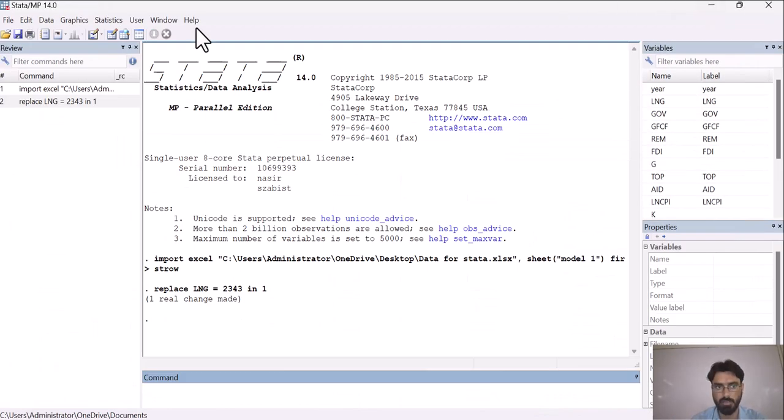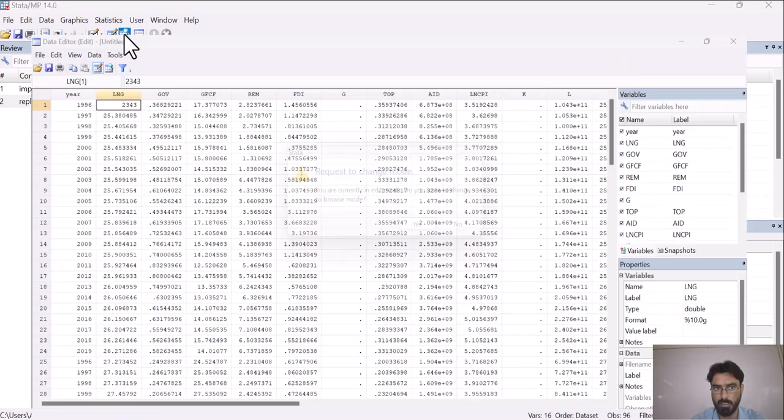Now there is one other option. Here you can see data editor browse, and here is data editor. Data editor allows you to change your values, but data editor browse allows you to only see the values. You cannot change your values. As you can see, now I am going with this option.